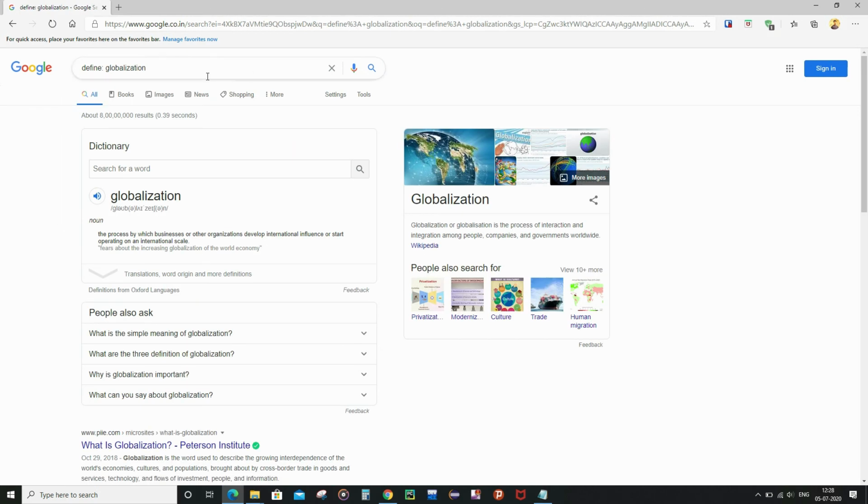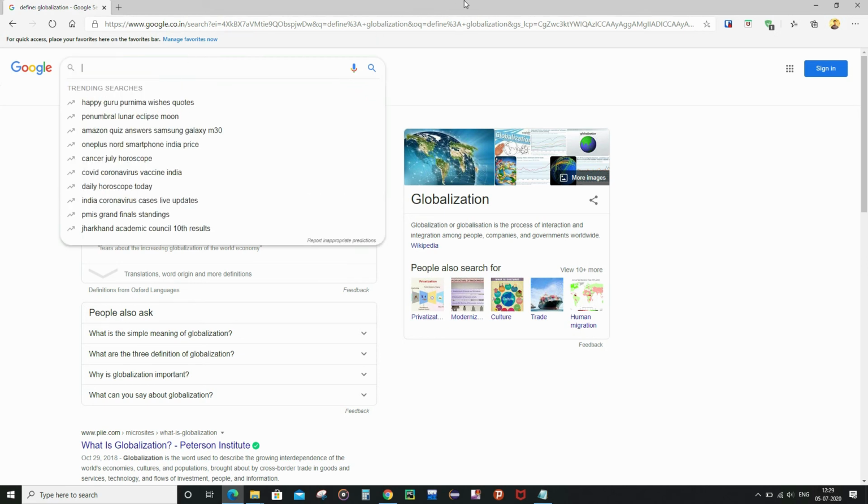So if you want to learn more about globalization, or in specific want to learn the definition for globalization, then you can write define colon and then write the keyword, which is globalization. And in the same way you can also have access to other similar details or specific details about such keywords, such as synonyms, antonyms. So what you can do is that you can actually replace define with synonyms, antonyms, syntax, about, and all the relevant defining characteristics as well as keywords about which you actually want to learn more. So that's it for this trick, and now let's move on to the other trick.